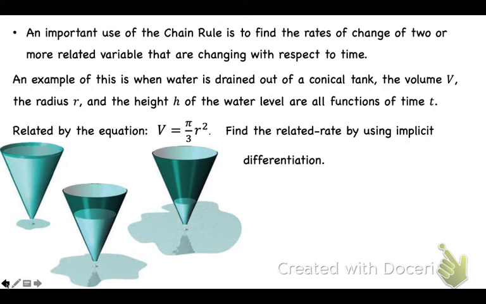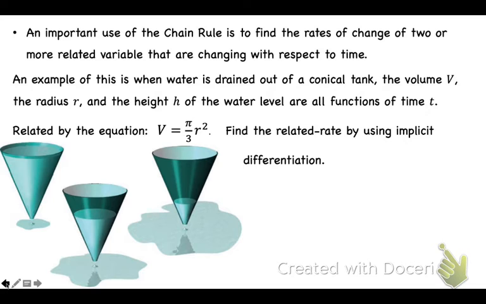So we have the volume. Since it is losing water, you can see in the pictures, my volume is decreasing as time moves on, but also the radius of the circle at the top of the cone is also reducing, correct? Yep. So the equation V equals pi over 3 r squared is the volume of a cone. Okay? So in that, we have two variables that aren't changing with respect to each other. They're changing with respect to time. So what we do is we find related rates